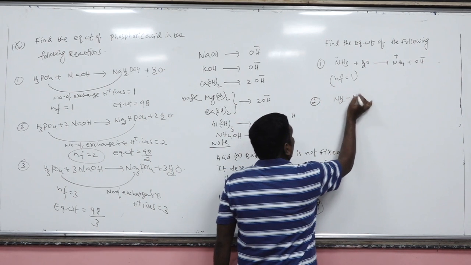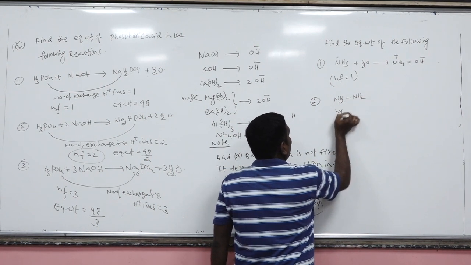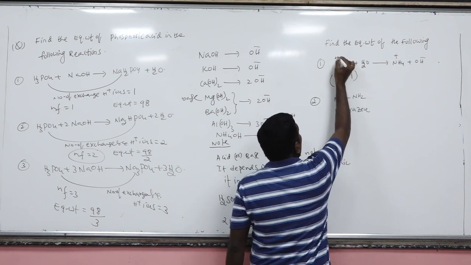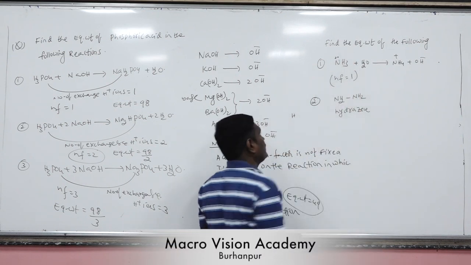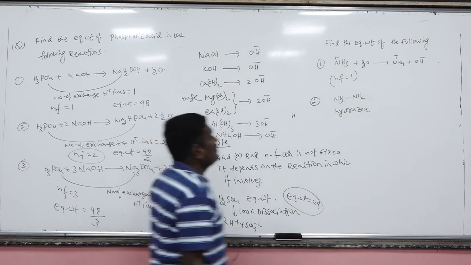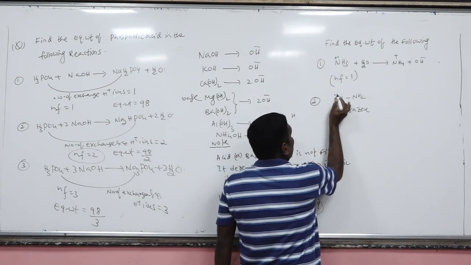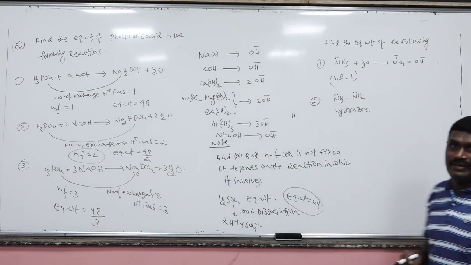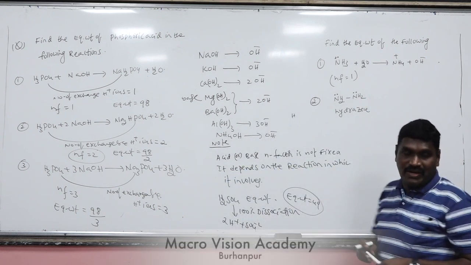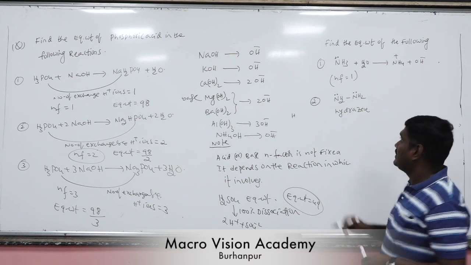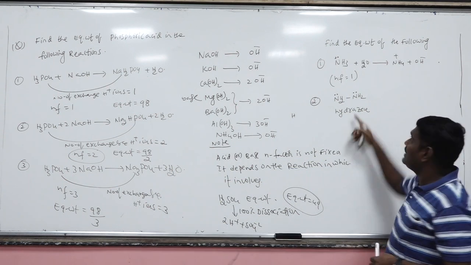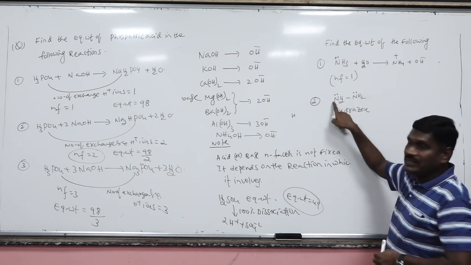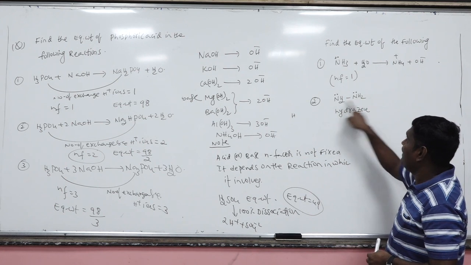Next, this is an organic compound, hydrazine. How many lone pairs of electrons are there? 1. So N factor is equal to 1. Now, in this molecule there are 2 nitrogen atoms. So what do we expect the N factor to be, 1 or 2? Generally, students will say N factor is 2, because here also there is one lone pair, it accepts 1 H plus, and it accepts 1 more H plus, so that means N factor 2.